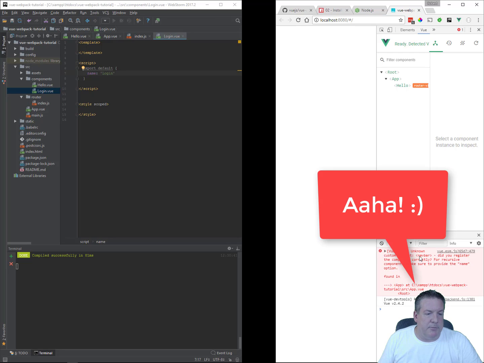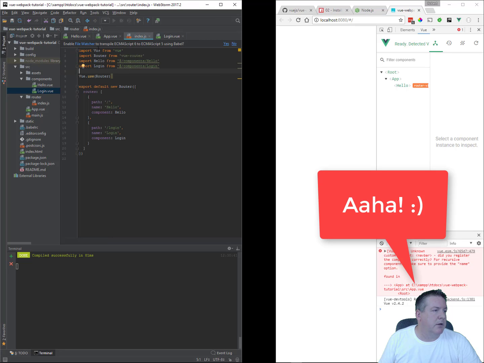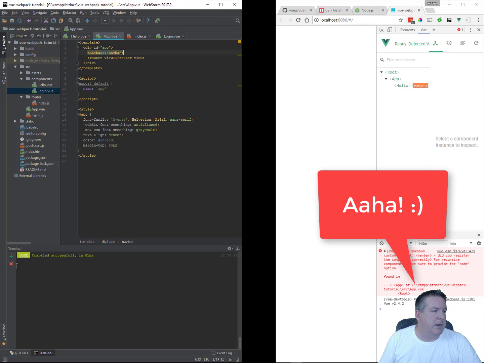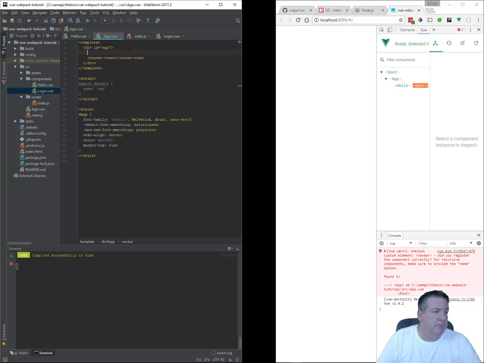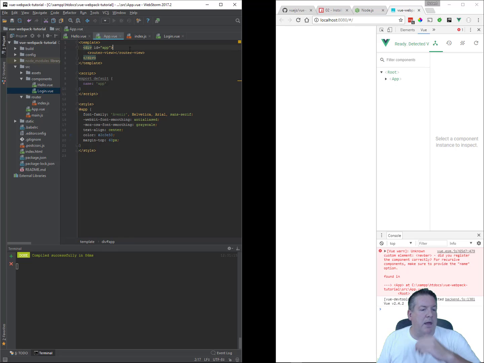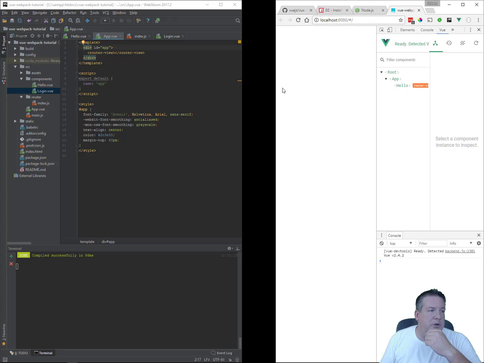Oh, let's see, custom element nav bar. Well, that would cause an error. When I was showing earlier in the app, we don't have a nav bar. Let's get rid of that. Okay, so now when we refresh it, that should go away. Okay, so we've got